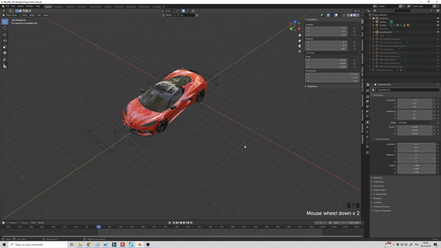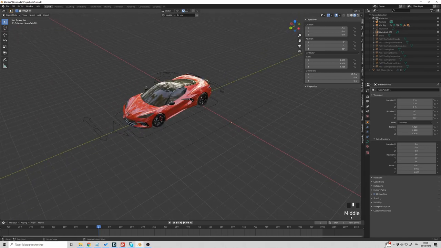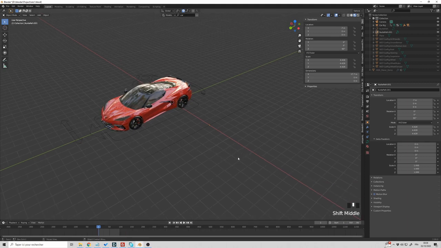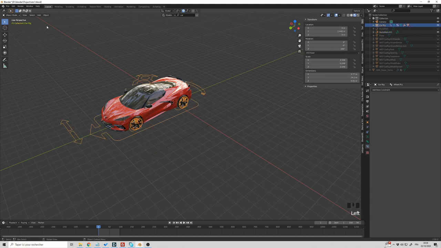Okay. One thing also, I don't need 1000 frames anymore. So I think I will go with 96. It will be enough. And now we are going to put the car on the path. So to do so, you select the rig, and then you go in pose mode.